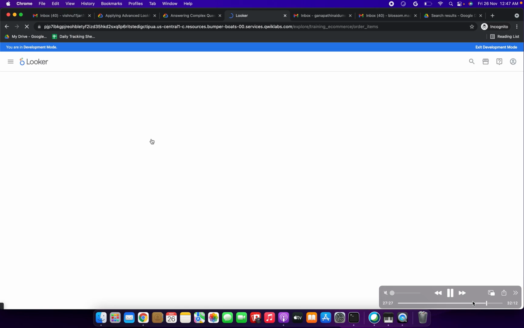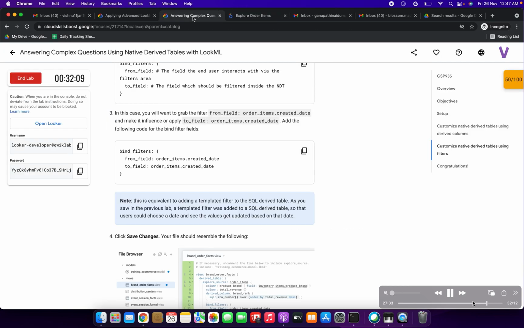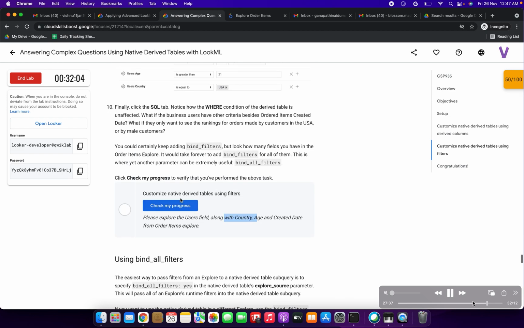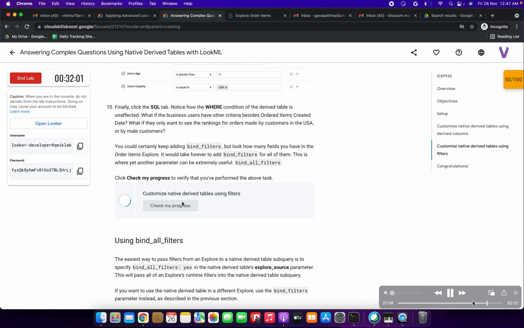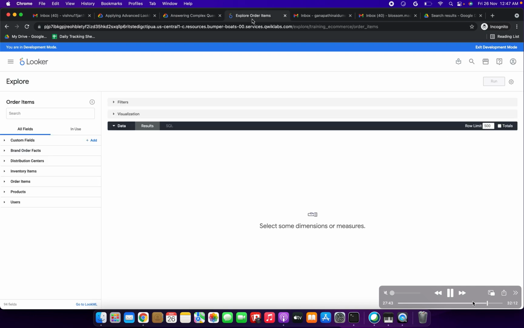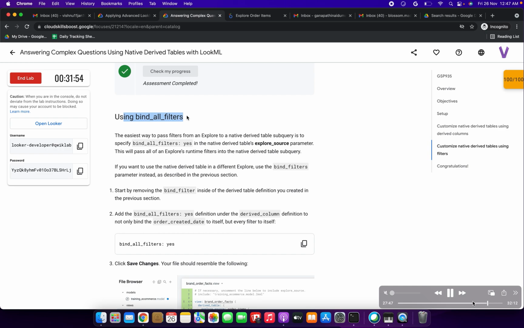Okay, explore order items, we need to put it. I am clicking explore order items. I think I missed selecting a few things, I guess. Let's check it again. Yes, we need to put that explore order items after that, but I forgot to put that on. Okay, so that's the error. Now we can move on to the next step.